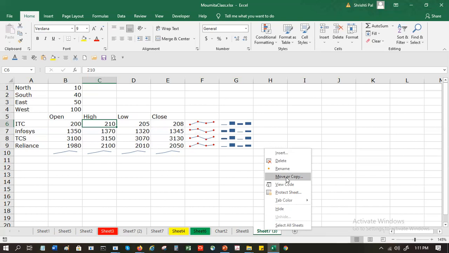Now, in today's class, what we covered was conditional formatting and graphs. Try them out. If you have any questions, we